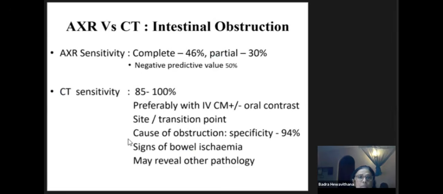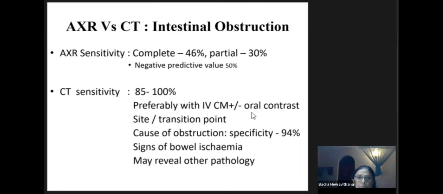So a word about that abdominal X-ray versus CT. I think you all know by now. Abdominal X-ray sensitivity is so low and negative predictive value is only 40 to 50%, whereas CT is almost 100%, preferred with IV contrast, plus or minus oral contrast. In case of small bowel obstruction, even now the trend is to give oral contrast because sometimes it is useful